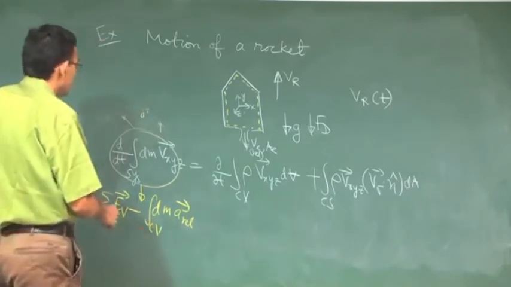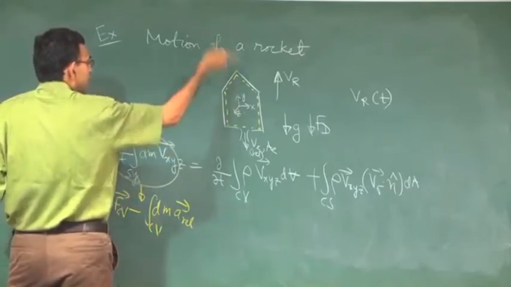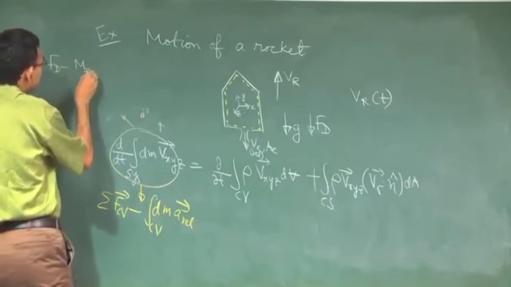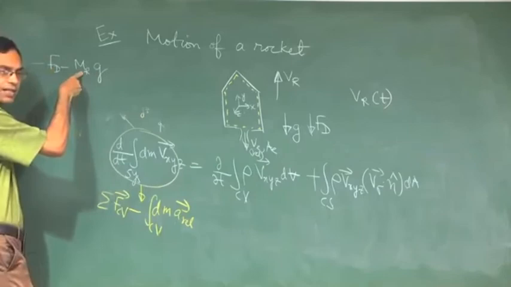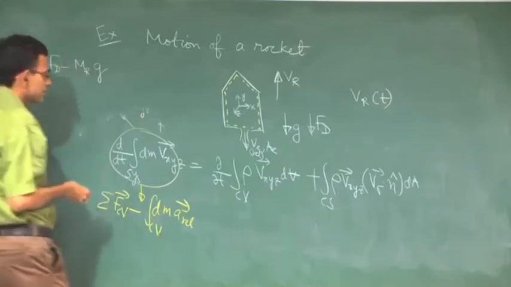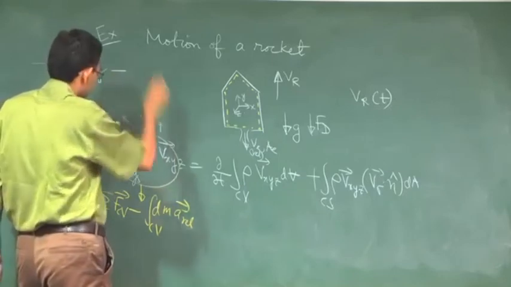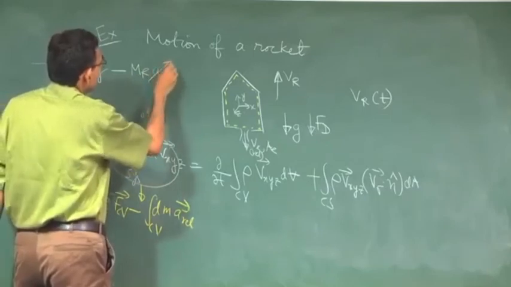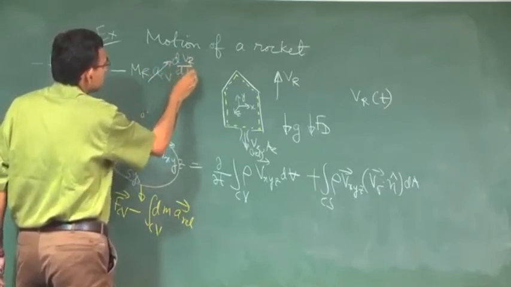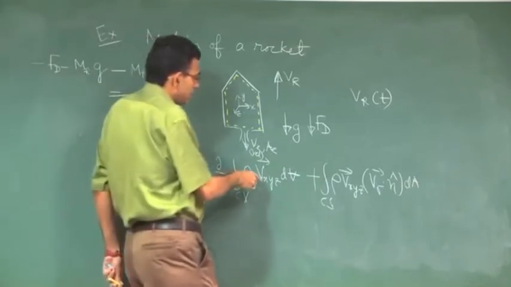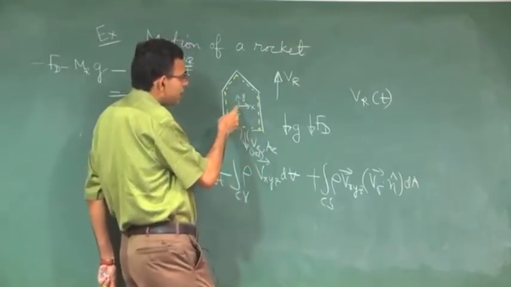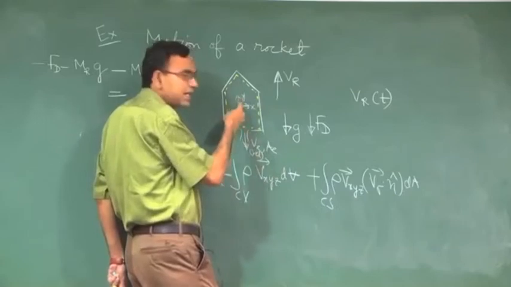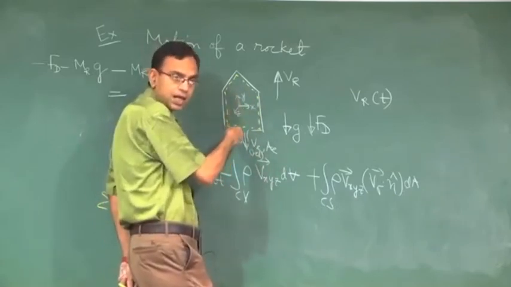So, what is the F? Let us consider the upward axis as the positive axis. So, F is minus drag force minus gravity force. This is instantaneous because the mass within the rocket is itself changing with time, minus the acceleration of the control volume, which is dVr/dt, because you are measuring the velocity relative to small xyz, and the relative velocity with respect to that is 0 inside the rocket except at the outflow boundary.